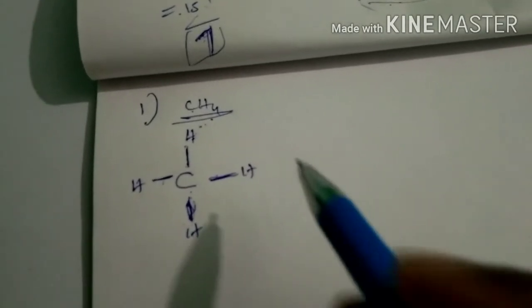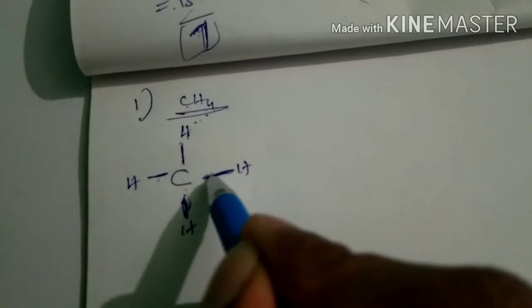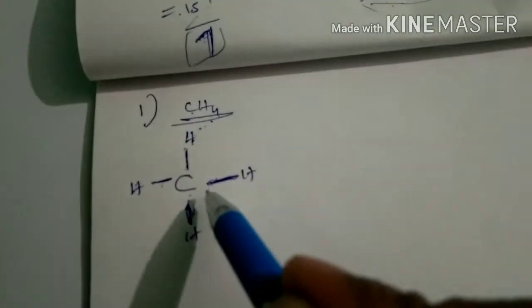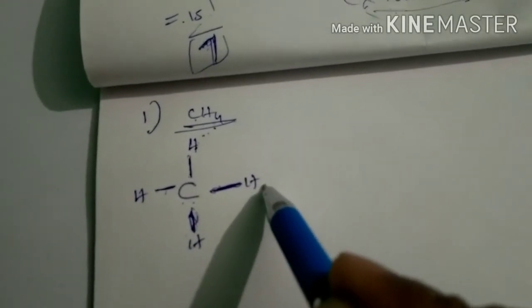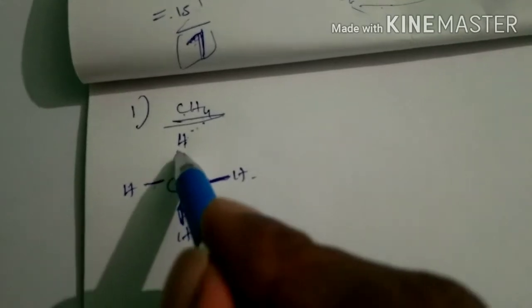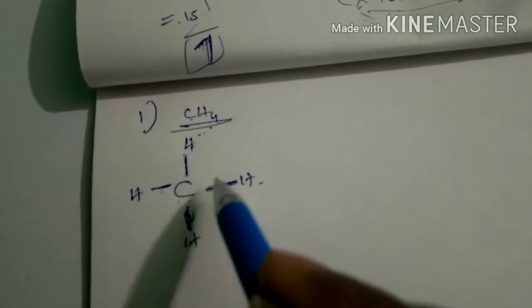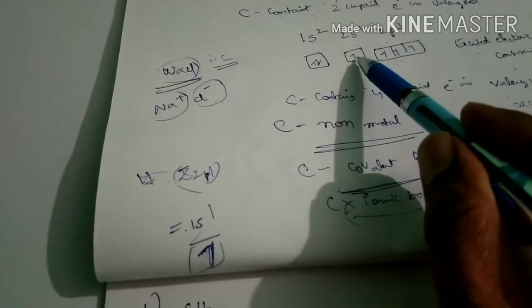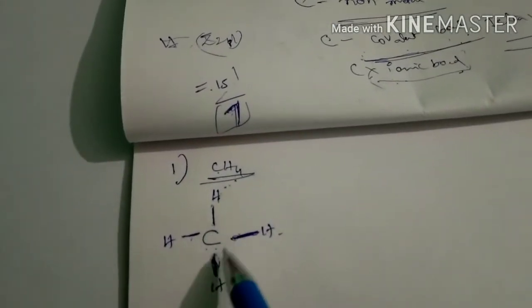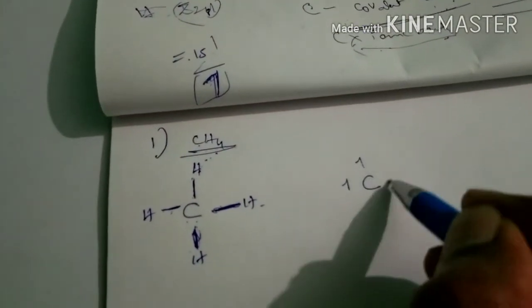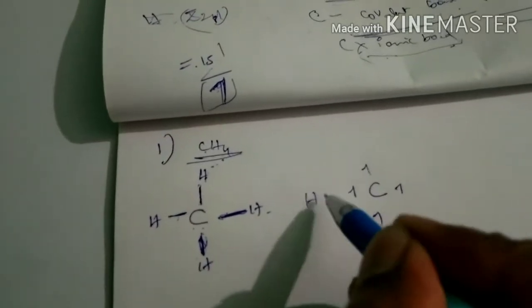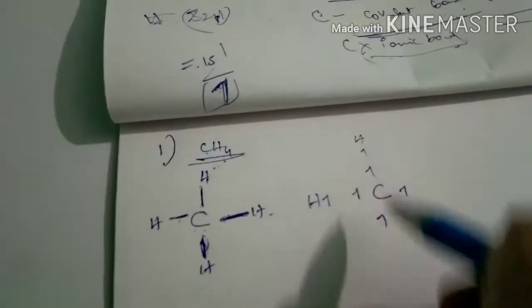Again, it comes in 11th class. See, this bond contains 2 electrons. Remember carefully, this bond contains 2 electrons. One electron belongs to carbon and one electron belongs to hydrogen. I repeat once again, each bond contains 2 electrons. This is the electronic configuration of carbon. It contains how many unpaired electrons? 1, 2, 3, 4. I will explain. Now each hydrogen contains, we know already, one electron.